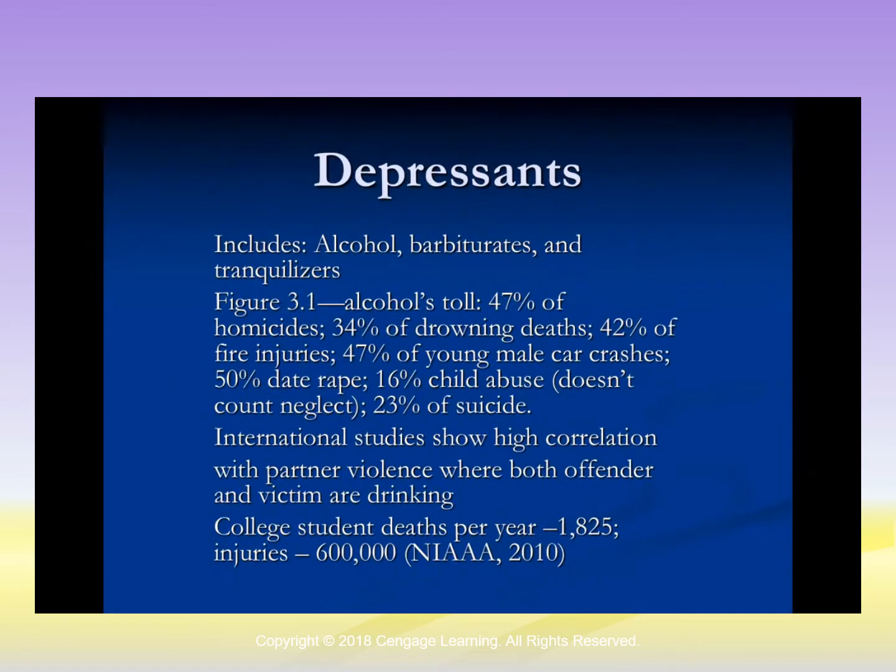All right. So we're first going to look at the depressants. And alcohol is often in its own category. It is a depressant, but it's such a huge thing, a huge entity, and acts a little bit differently, that it's often in its own category. When we look at uppers, downers, all-arounders, alcohol is often by itself, even though it is a depressant. So in general, if we were to look at all the depressants, these include barbiturates, alcohol, and tranquilizers. And in your book, Figure 3.1 looks at all of the